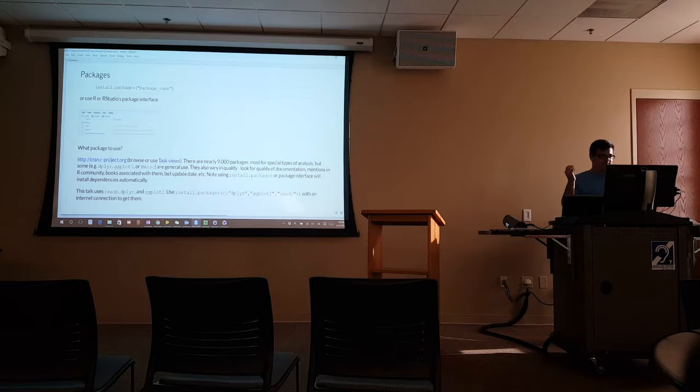Packages. I want to talk about packages a little bit here. Part of the power of R is it is open source. It is extensible through the package interface. We're using 2 in here called dplyr and ggplot2, but there are nearly 9,000 packages right now that are official, and a lot more that are unofficial. If you are a hacker and you are brave and you want to go onto GitHub and download those and install those, more power to you. I do that on occasion, but it is tricky sometimes.